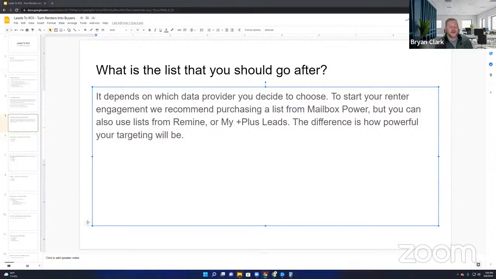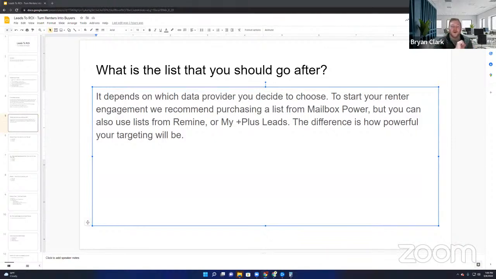So that's where I find the most benefits from Remine and MyPlusLeads: getting out in front of the masses. Mailbox Power is going to be extremely detail targeted and oriented for exactly who you want to work with and the business that you want to capture today versus the pipeline that you still need to build for tomorrow. So it would be advantageous if you have the budget to do each of these and target respectively, so that